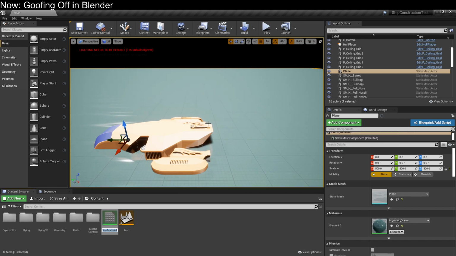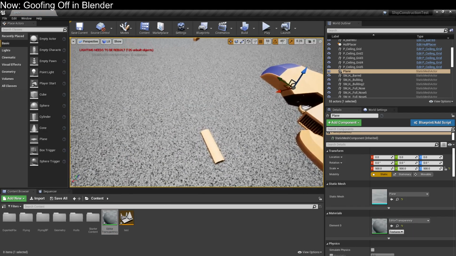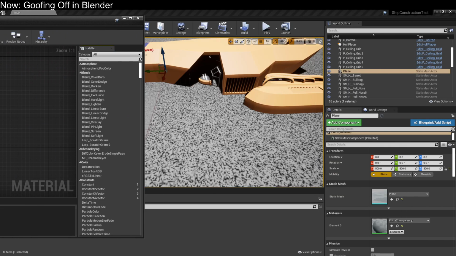We're going to call this editor transparency. Yeah. We'll drop that on. Boom. And you can see that it's beautiful. Oh, so beautiful. And obviously that's not what we want it to be, so we're going to pop it open and create ourselves a...